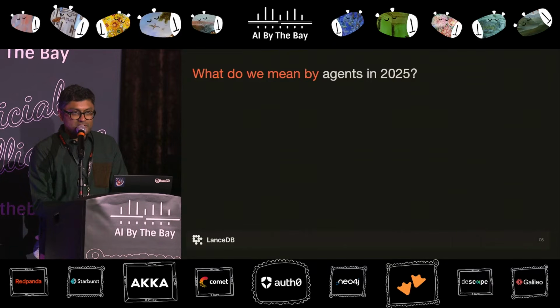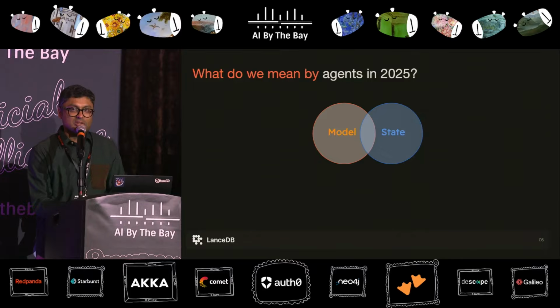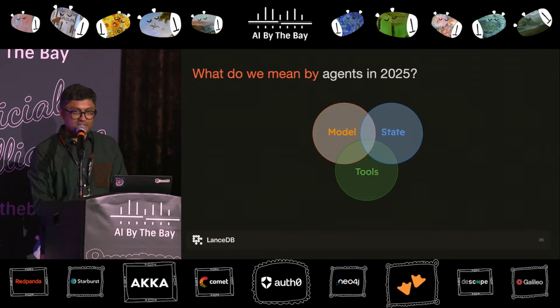To summarize what an agent is at this point in 2025, what do we need to build an agent? To build an agent or an agentic system, we need a capable language model that can perform tasks based on given prompts. And we also need to solve meaningful tasks with agents. So to do this, we keep track of state. That is what the input was at each intermediate stage and what was obtained as output. Allowing the models the ability to call tools is really important. So this is what allows agents to take action by executing the tools, not just reason over the tokens.